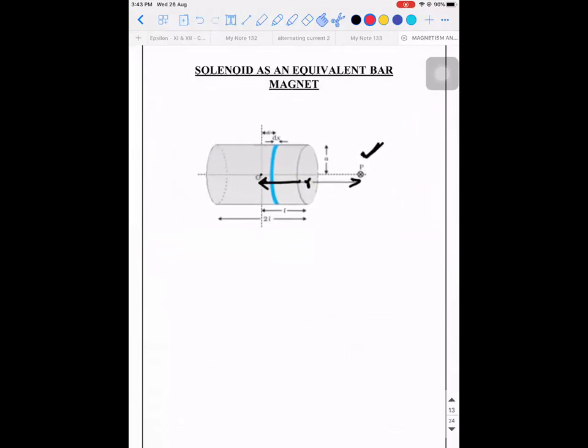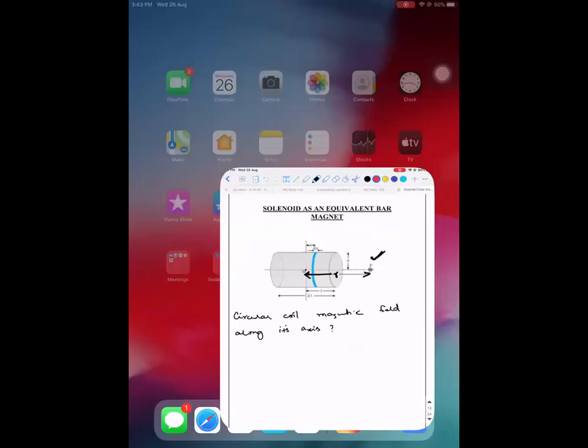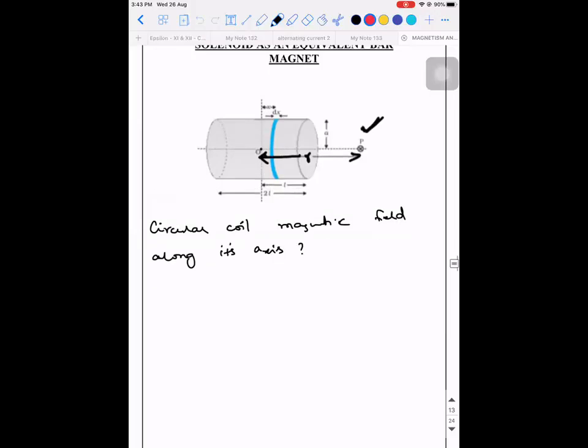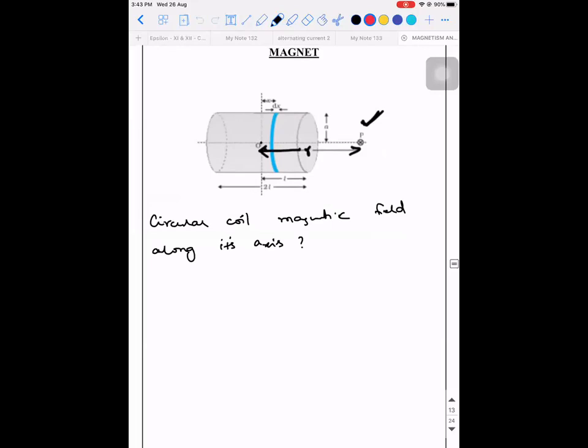Due to this circular coil, what is the magnetic field along its axis? What is it? B equals mu naught I a square